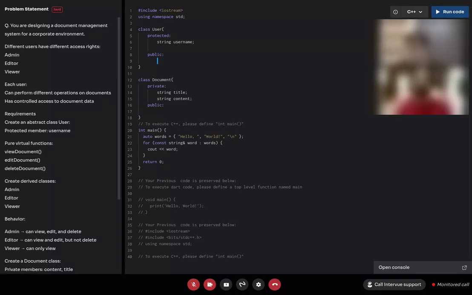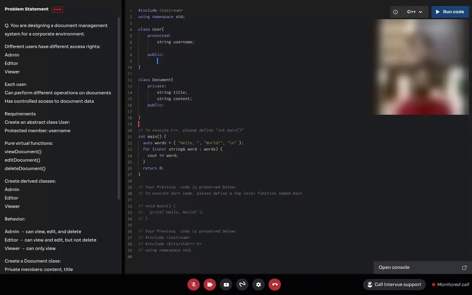Wonderful. Okay, so maybe we can try to implement the classes. I can see that you have mentioned the class user, but it is not an abstract class. So do you think there is an issue here? I was thinking of creating a user class so that I can do user as user admin, user editor, user viewer, and somehow do things in document. I understood. But we are creating a user class here. Do you think that making it abstract would be more feasible, or without abstraction can we use it in a better way?